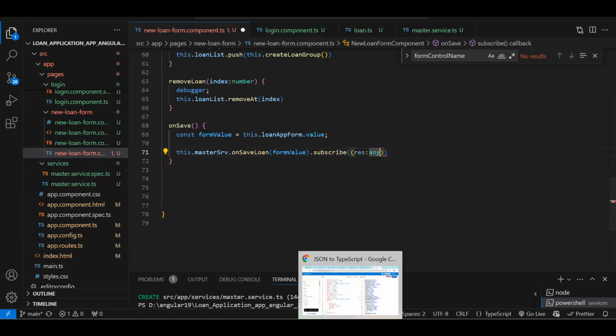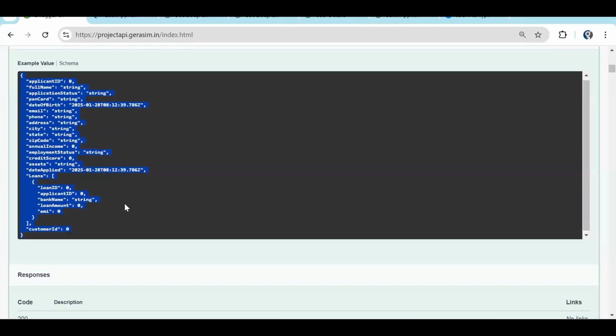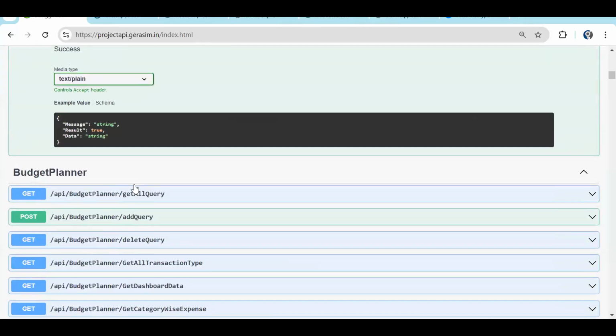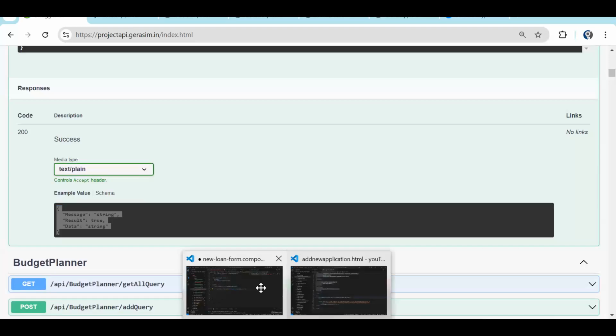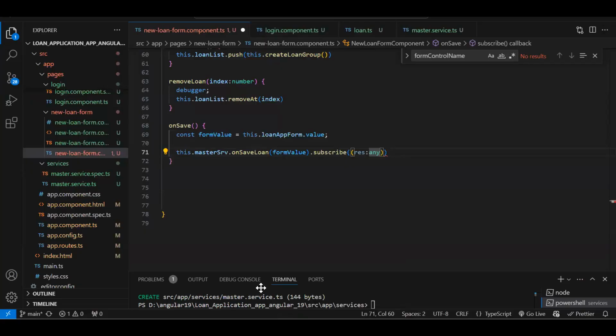Now let's check the API response. What type of API response are we getting? Okay, so we are going to get this object, right? So let's create an interface for this. As I said, we should not use any. Wherever you are using any and you know what properties you are going to get, just create an